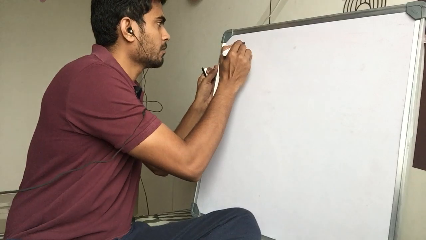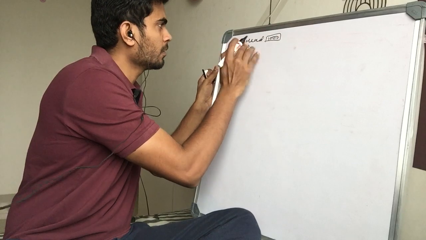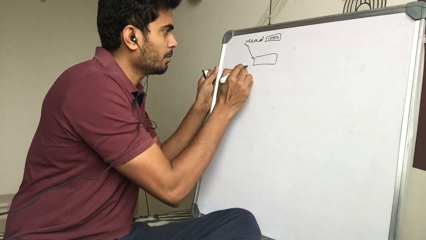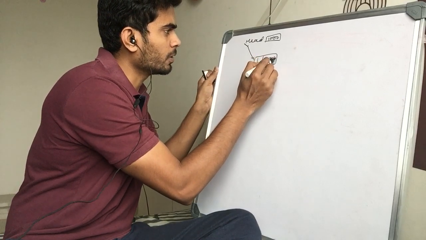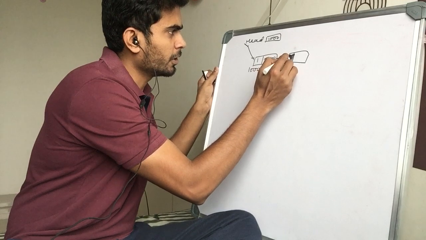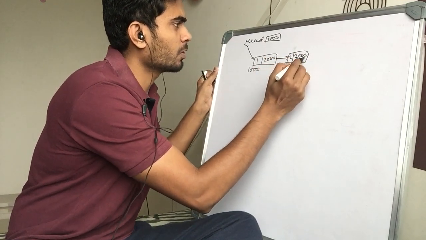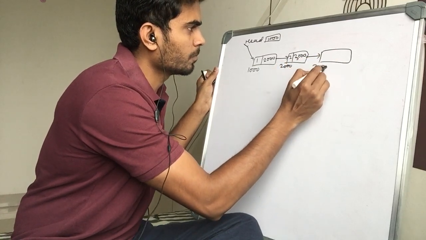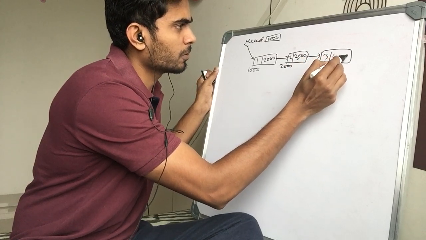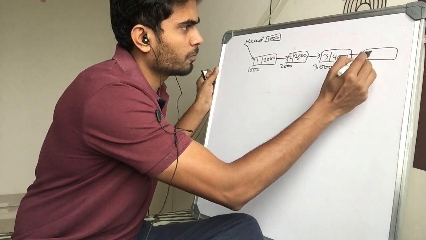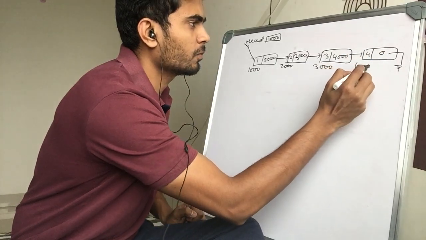Suppose this is your linked list. The head is storing, say, 1000, the base address of the first node, which contains 1 and is pointing to 2000. The next node contains 2 and 3000, because this is base address 2000. This is 3000, and this node contains 4000. The last node contains 4, and this is containing 0, that means null. And this is base address 4000.